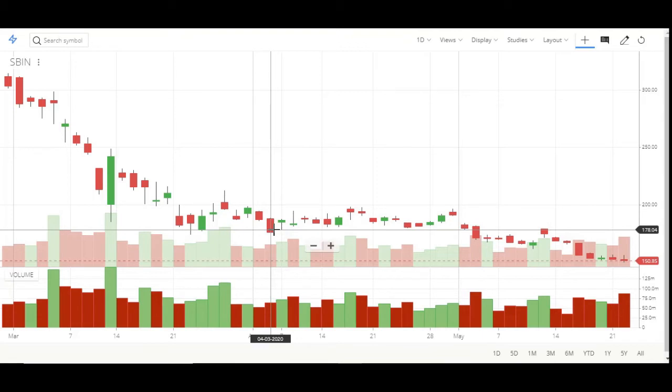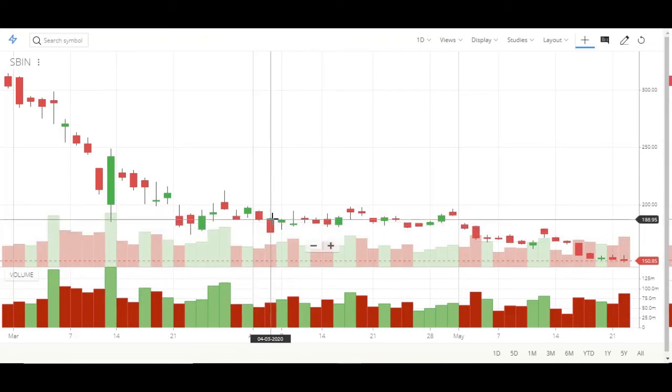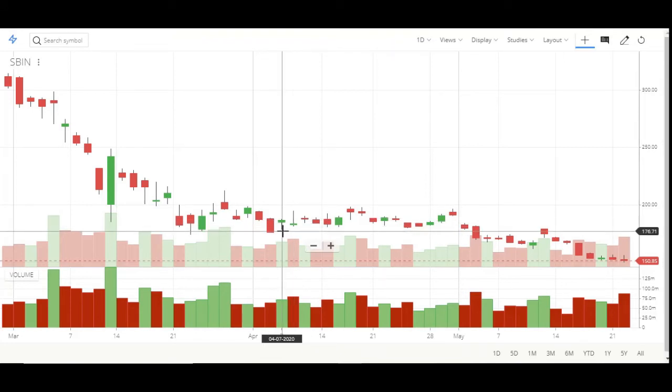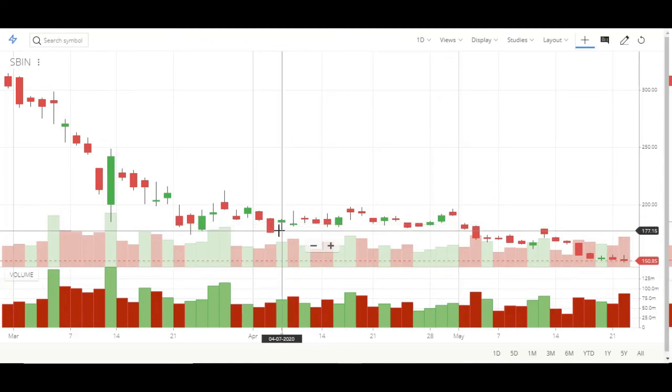But aggressive trading carries risk. Here a bearish Marubozu candle formed, but after two days there is a stop loss hit. A normal trader would avoid this trade, as there is no breach below the low level. An aggressive trader would take the trade at 177, and the next day the trade opened at 184, so they would face a loss. A normal trader avoids this trade, so there is no stop loss hit.